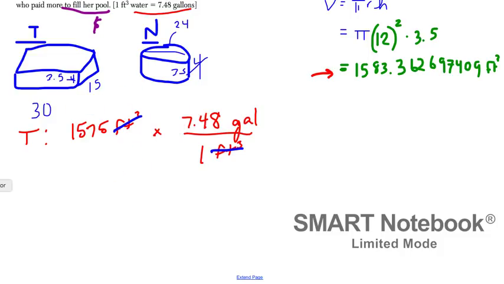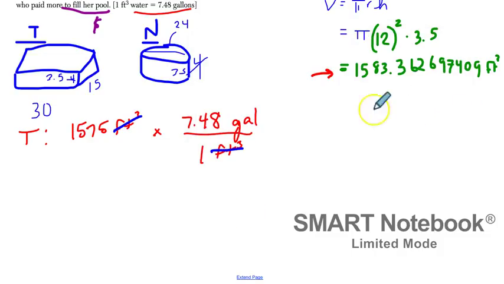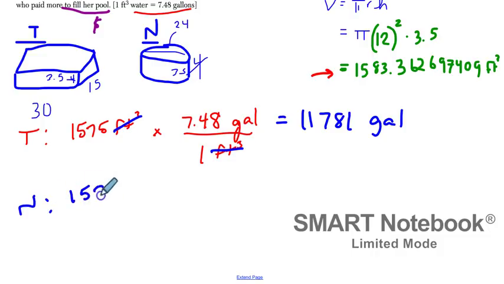So if we go ahead and multiply these numbers, 1575 times 7.48, it tells us that Teresa has 11,781 gallons in her pool. 11,781 gallons. And Nancy, who had her